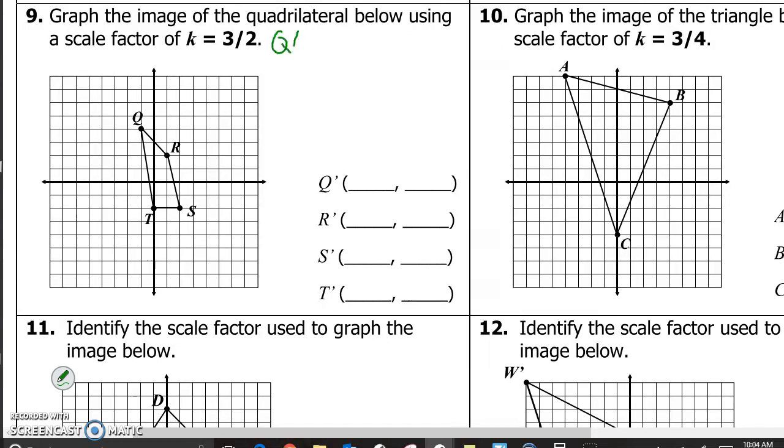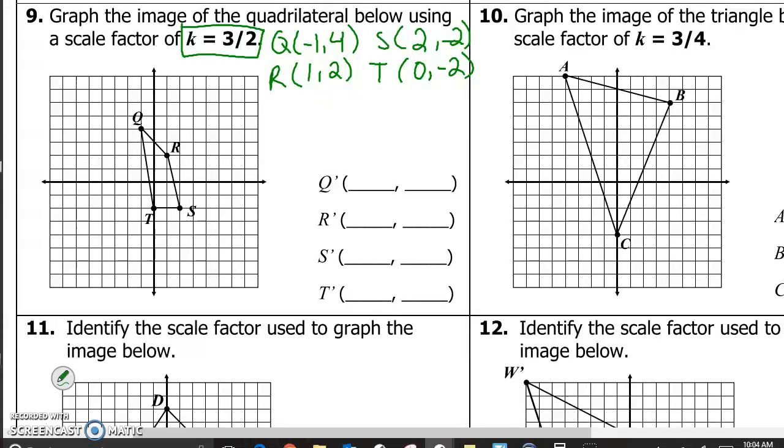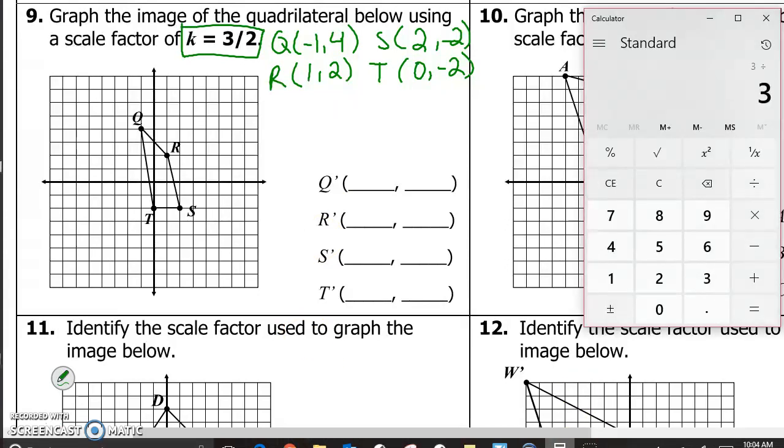So our original points, we've got Q, which is negative 1, 4. We've got R, which is 1, 2. We've got S, which is at 2, negative 2. And we've got T, which is at 0, negative 2. So we are applying the scale factor of 3/2. So we could do our division, and we could do 3 divided by 2 and get 1.5. So we could multiply everything by 1.5,